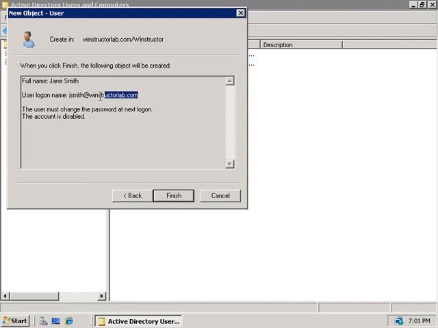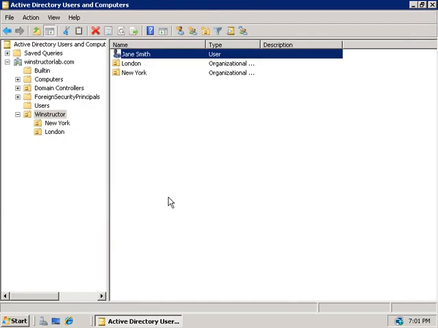Alright, well we'll click Next, and we'll get a brief summary telling us that when we click Finish, Jane's going to have a new user account. She'll be able to log on using the UPN of jsmith@winstructorlab.com, and when she does first log on, she will need to change her password to something else. Of course, this account will also be disabled, and an administrator will need to enable it first before Jane can use it. So we'll click Finish,